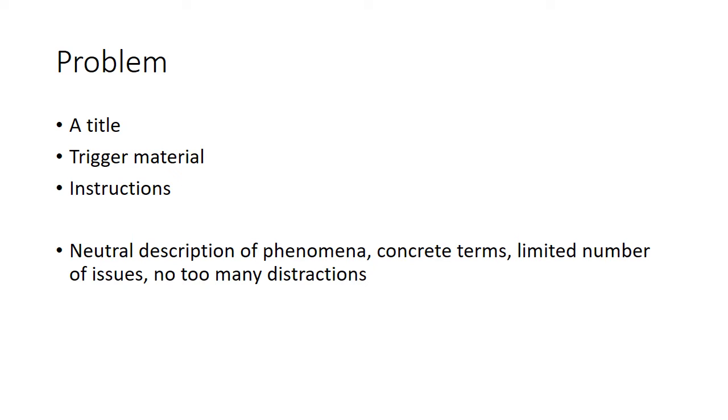When you think about a problem's characteristics, it should consist of a neutral description of a phenomenon. Like I said, inability to stand straight. It should be formulated in concrete terms. Inability to stand straight is a concrete term which is going to be helpful to understand what exactly the problem is, and gives a clear idea about the problem. It should be quite short and there should be a direct leading into a limited number of